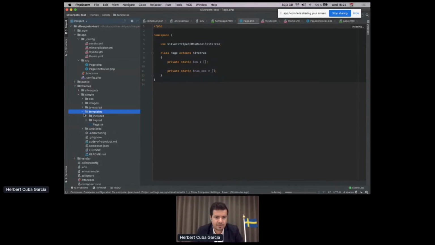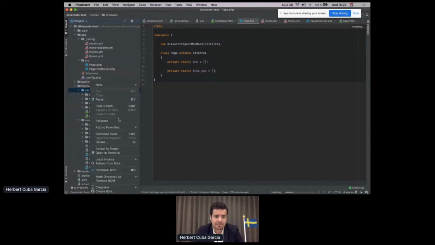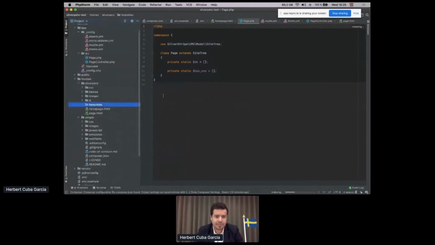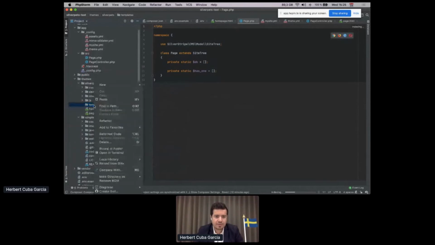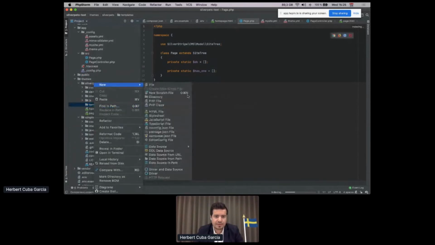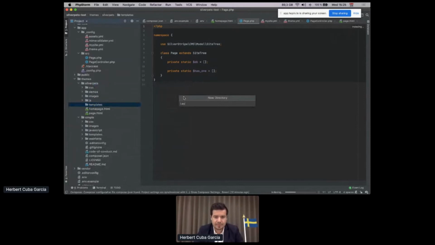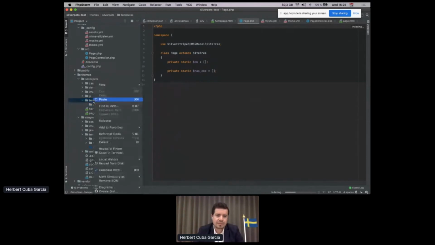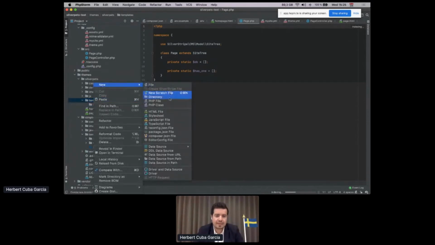So here we go. What we're going to do here in our theme is create a folder called templates. And in this one, we could create the folder layout. Like so. So here in the template, we should add, this is basically the